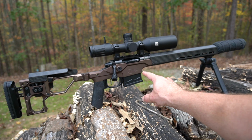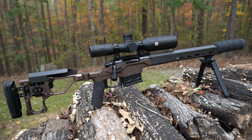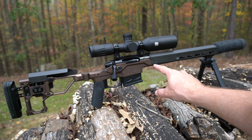At first glance, this looks like a Christensen Arms modern precision rifle. And as far as the chassis goes, it is. So they sell the chassis separate as of several months ago. I shot one of their modern precision rifles at SHOT Show 2020 out to 950 yards, and it was a piece of cake. Obviously, it was already dialed in for it, 6.5 Creedmoor. This one here is chambered in